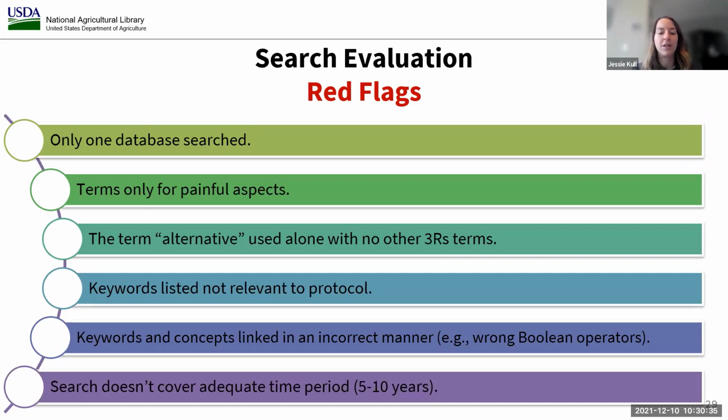Another thing, if you're doing the search last minute, then you're realistically less likely to incorporate alternatives into your research, which again is why the consideration of alternatives should come before your protocol is written, such as during the grant writing phase, because if you already have the funding, it's highly unlikely that you're going to make any 3Rs modifications at that point. If you only put in terms related to painful procedures, it's not going to be very helpful in finding alternative methods because you're mainly going to get results with that procedure which you're trying to replace.